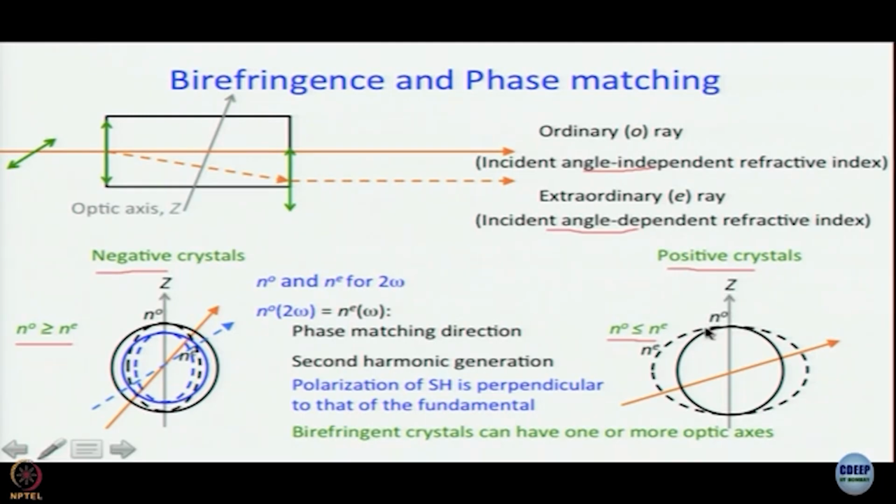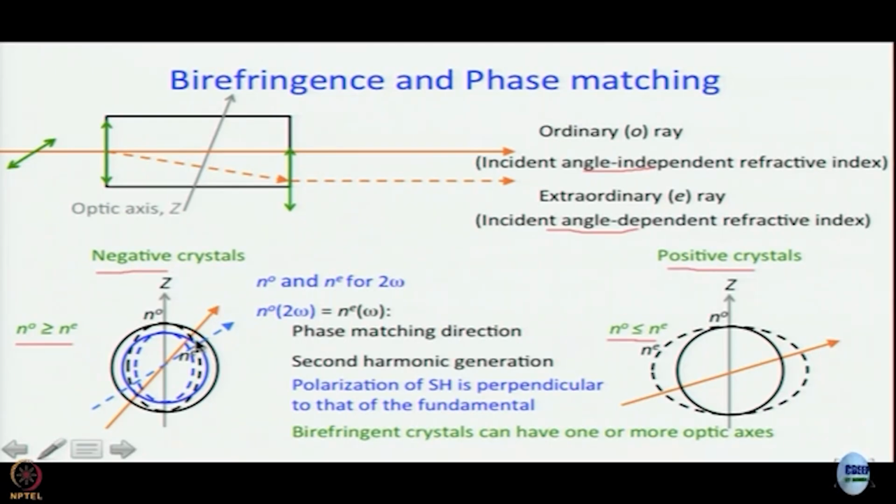In positive crystals, it is the other way round, because here NO is less than or equal to NE, whereas here NO is greater than or equal to NE, all right. And then we said let us consider a situation where the refractive index is less for the second harmonic compared to the fundamental. Then you get a similar set of circle and ellipse for the second harmonic, but they are going to be smaller in size. And then, since we have an ellipse and a circle, we see that at this particular angle of incidence,